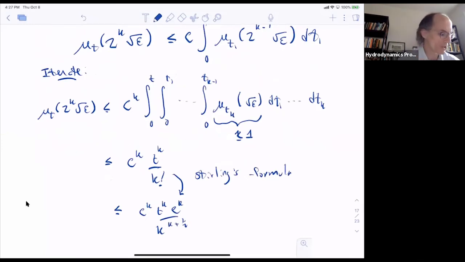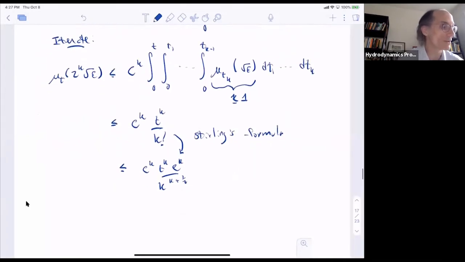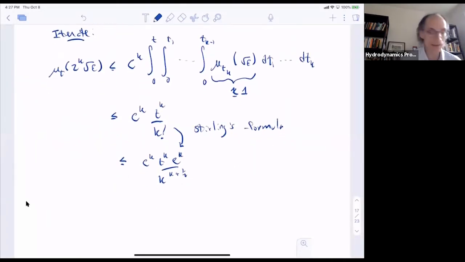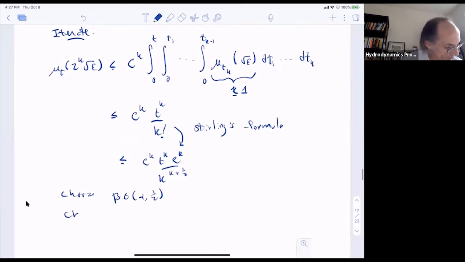Okay, and so now what I want to do is let me tell you how I choose k. Remember, the statement of the theorem contains a parameter alpha. Alpha is a number smaller than 1/2. I'm trying to contain the vorticity in a ball of radius epsilon to the alpha. Let's choose beta, which is between alpha and 1/2, and choose k